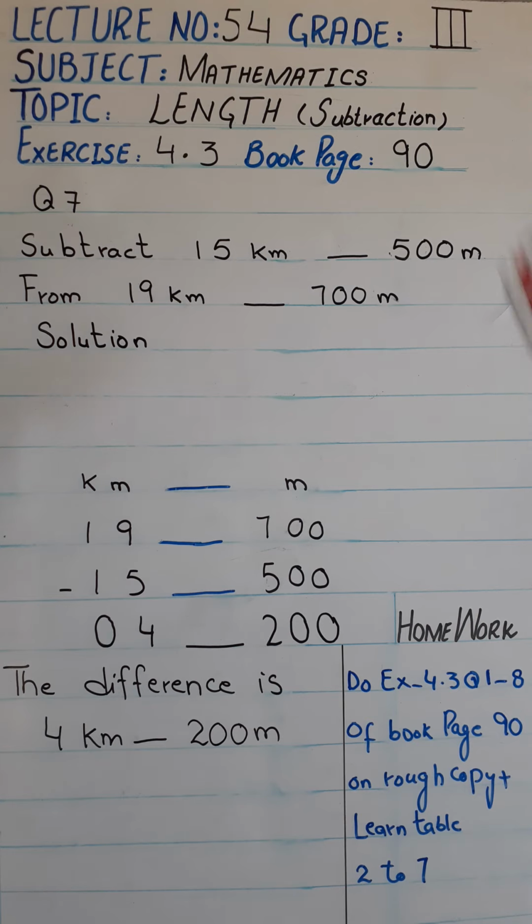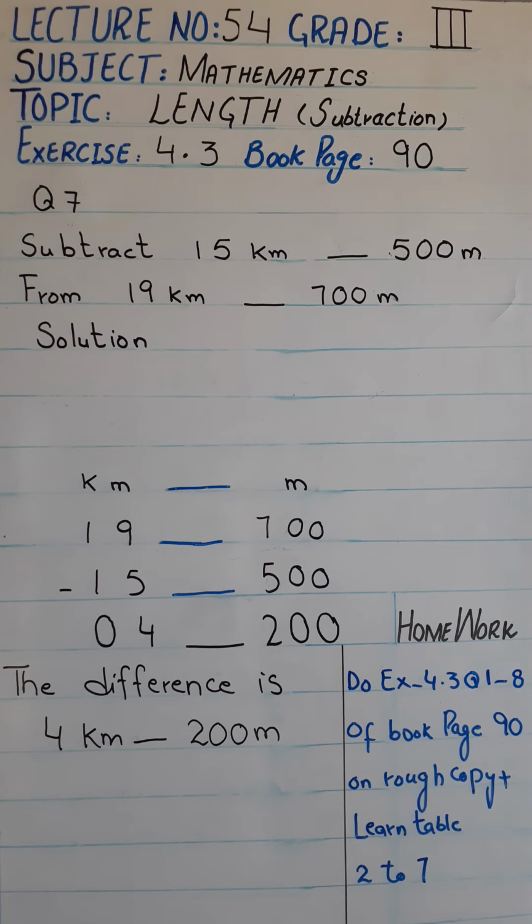In addition, if you write this number first and this number second, the answer is not affected. But remember, in subtraction, if you change the position, then your answer will definitely be wrong. You can't subtract a greater number from the smaller number. You always subtract the smaller number from the greater one. If you can't subtract, you take a borrow from the next door. Okay, this is the correct method.